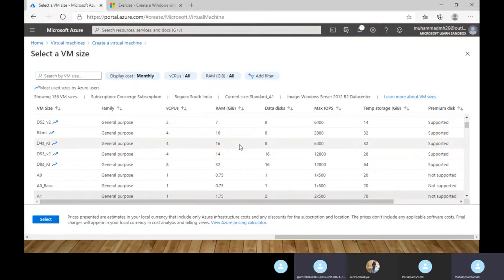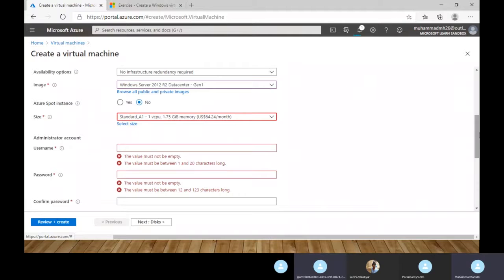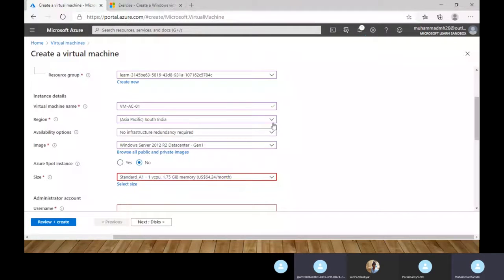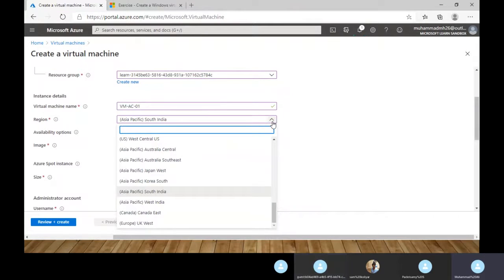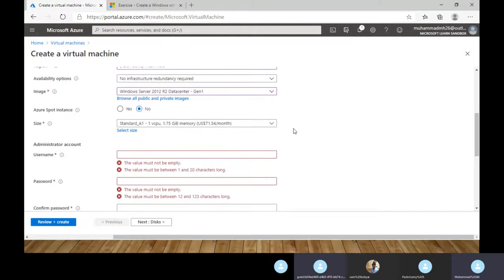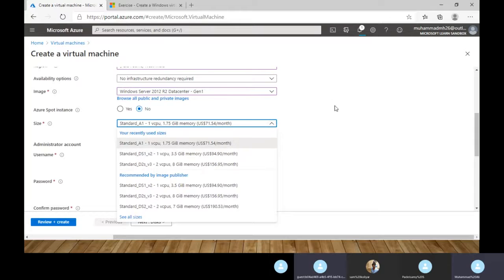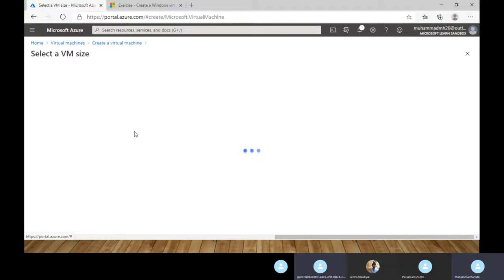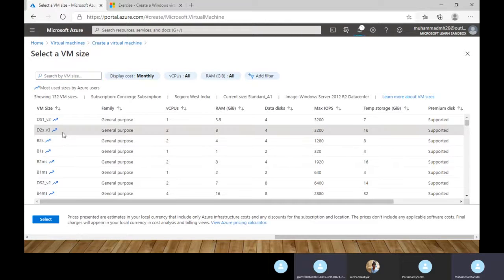In the free version you can select a maximum of 4 cores. In the free version you cannot create in the same region because it won't allow, so I have selected another region. Here I'm selecting a D series.